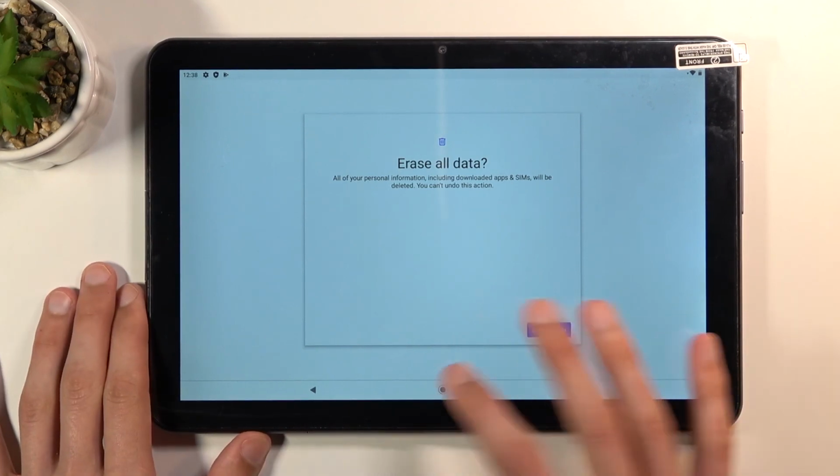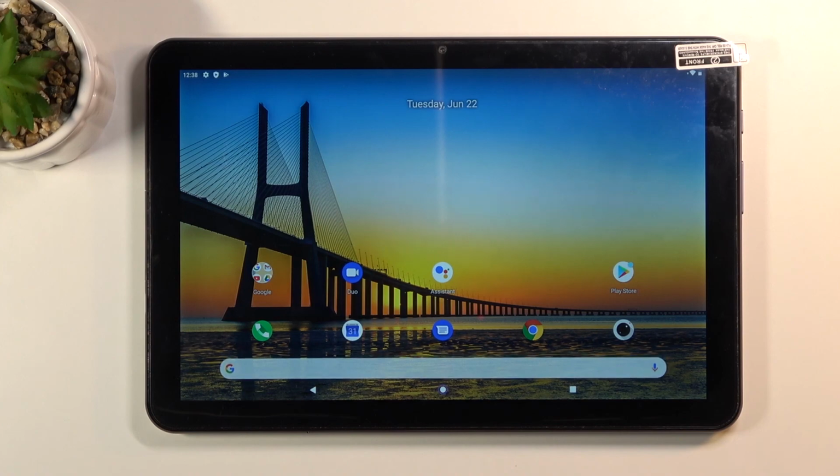So that is how you would bypass this device Google account,